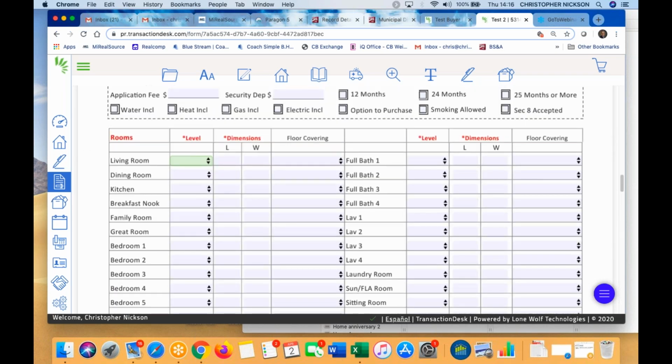Usually when I get back to the office, because I upload my own listings and I wrote a lot of it up by hand, I come in and fill in all this information right here on this form. And then